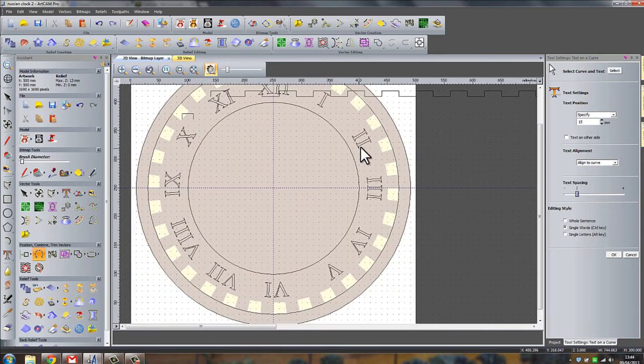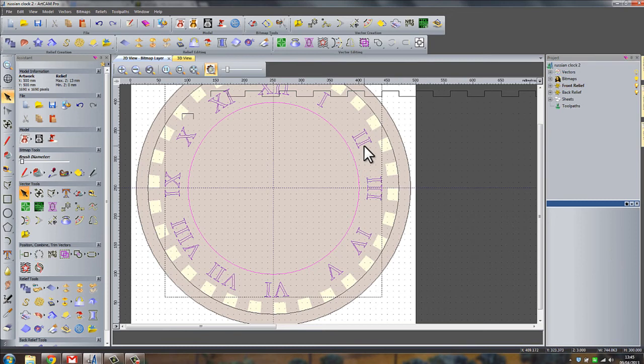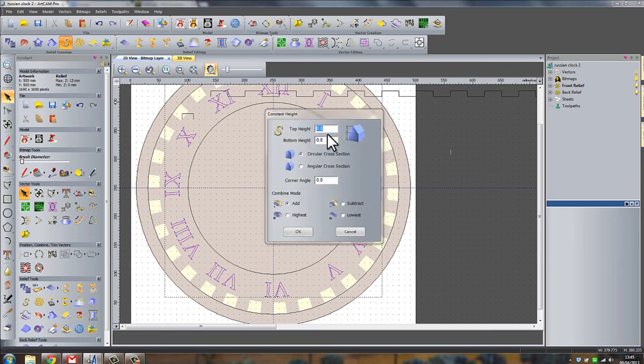Okay, now to give it a shape, these letters need to be engraved. Double click on them. Oh, we've got to click on OK here, sorry, my mistake. When we click on them now, we can go to the constant height letters tool, and you'll want a top height. This is the shape at the very top as a cross section through it, and something like 1.5mm there would be super, and a bottom height we'll be looking around 2.5mm straight up before we get any shaping on there. So overall we're going to have a height of 4mm,